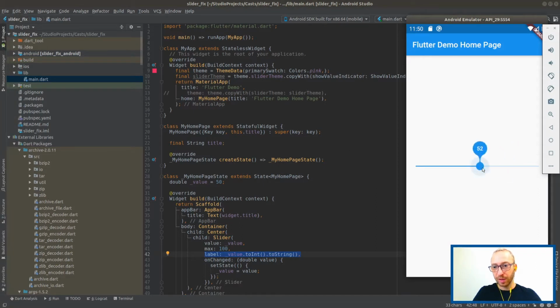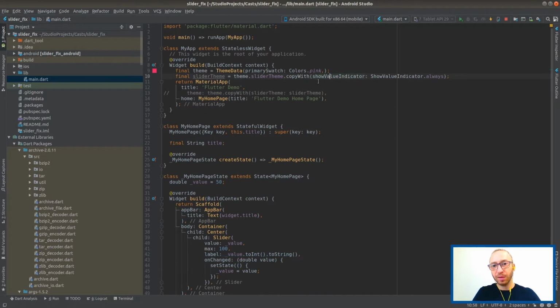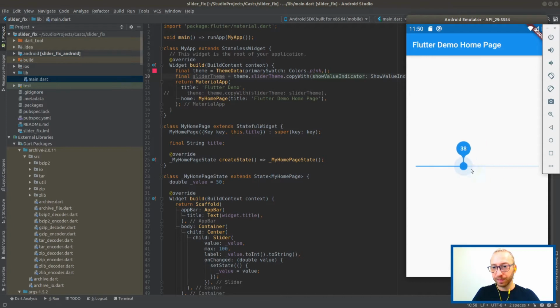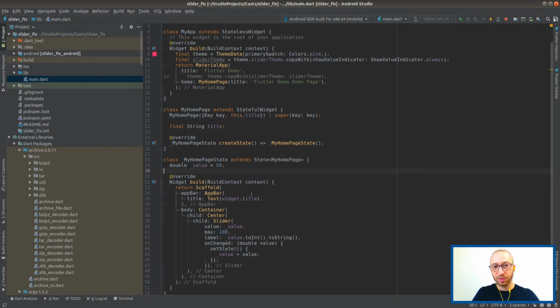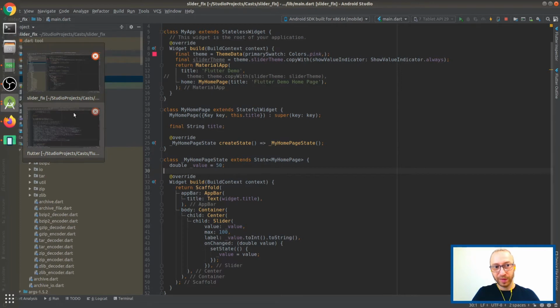So I just want to show you, last time we did like a really quick demo check, right, where we changed the actual value of the default value, the show value indicator, to always show. This is why this now works, right? So we could say this is a good fix, which it is not, but that's how we would test it. So again, one of the things that we would test for.